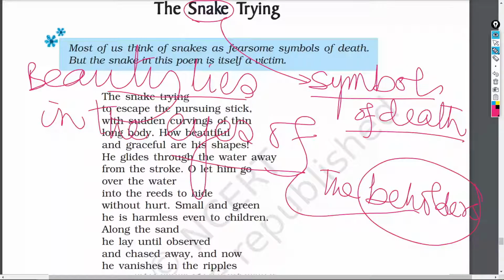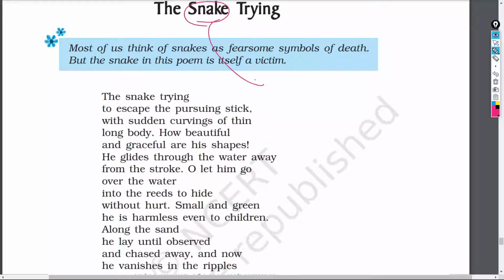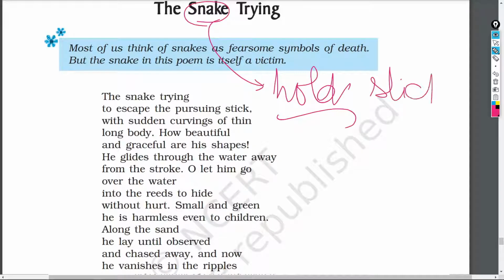What do people normally do after seeing a snake? They take, or hold, a stick. They hold the stick in order to kill it, thinking that it is a symbol of death. This is the normal activity of a human being. But the poet is a lover of animals and all creatures, and therefore he expected from the core of his heart that the snake would disappear,